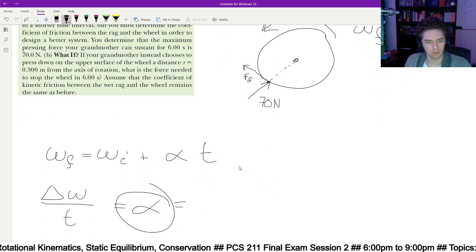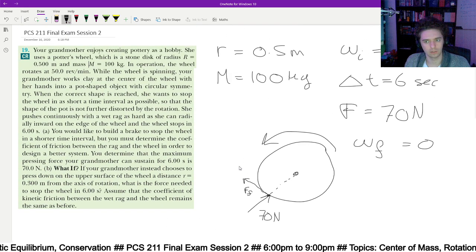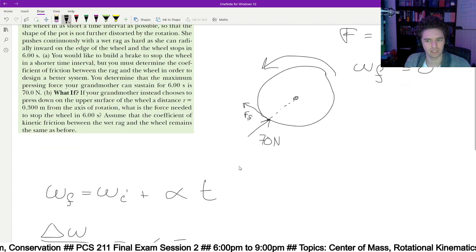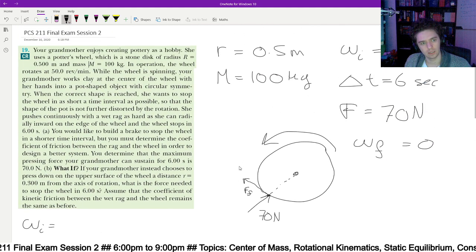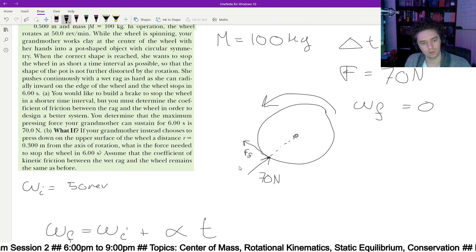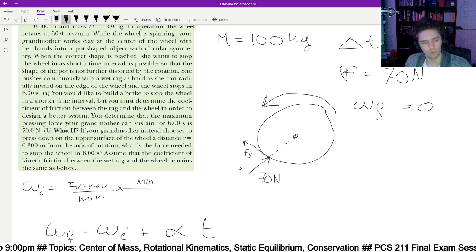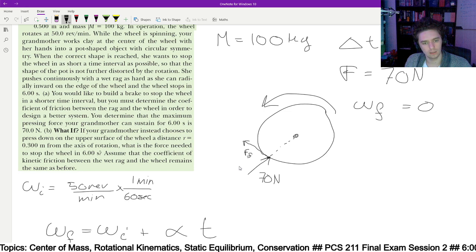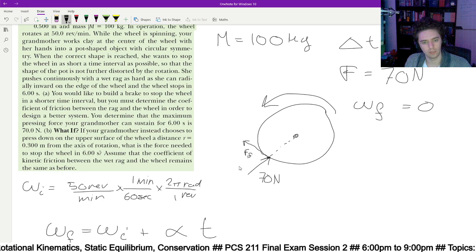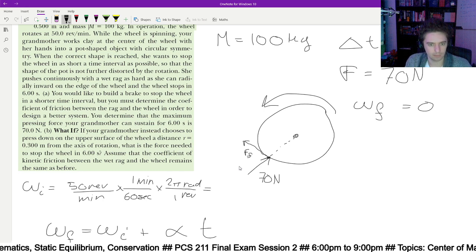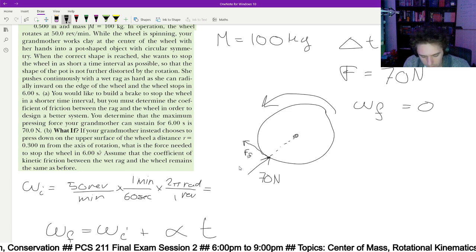We're looking for angular acceleration, though, for the whole thing. Right, that's what I'm looking for. Yeah, and which reminds me that I do need to turn revolutions into radians per second. So first, let me do that. So omega i equals 50 revolutions per minute. In 1 minute there's 60 seconds, and in 1 revolution there's 2 pi radians. So then that is going to be 50 pi over 30, and that's,